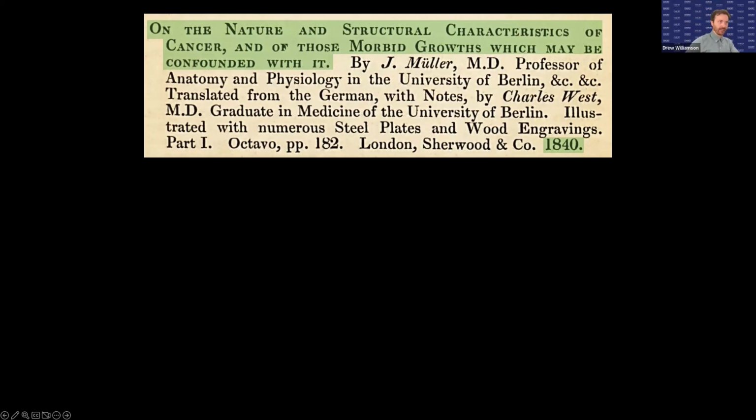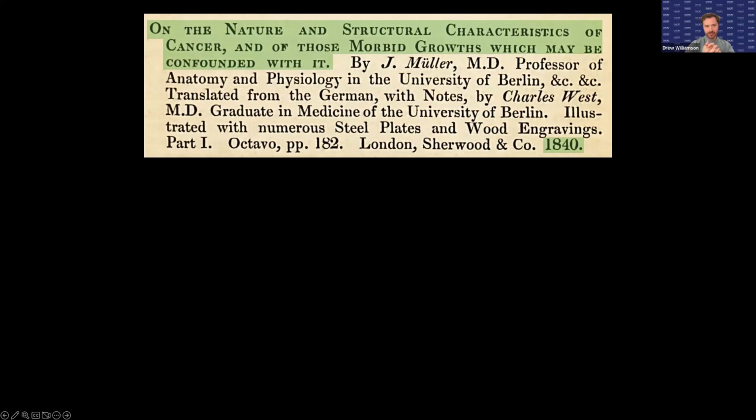The original was by a Dr. Müller. If you're familiar with the Müllerian system from embryology or from pathology, the Müllerian system is named for this Dr. Müller. Up until 1838, pathology and the study of cancer was really a macroscopic discipline. You look at the sort of gross, as we say in pathology,